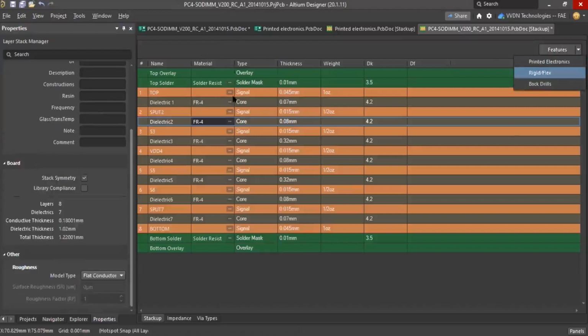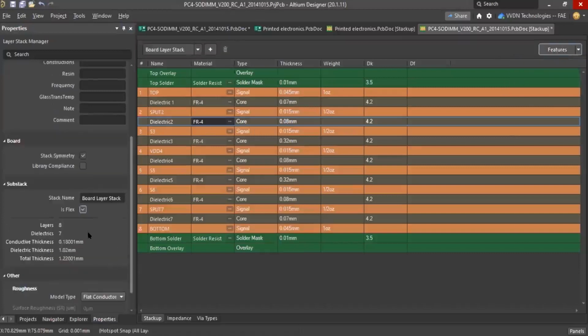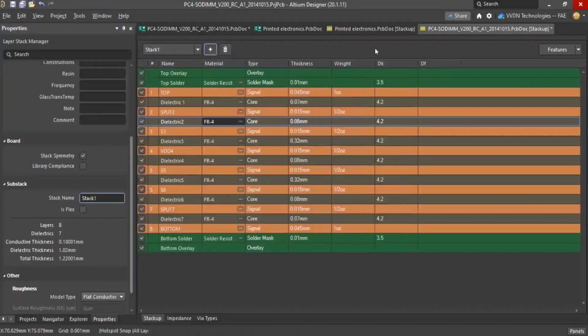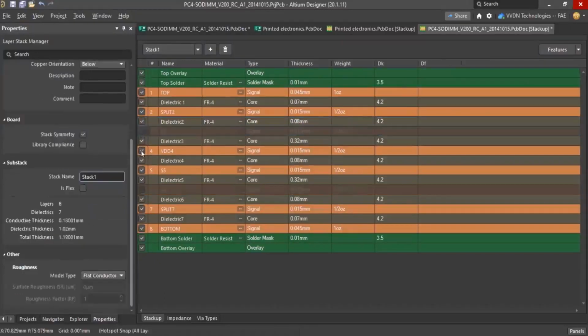I have enabled this, right? So you have the option to define a different name for the new layer stack, and you can define that as flex one. Yeah, so now it is coming, right? So if the layer stack symmetry is enabled, then if I uncheck any inner layer here, automatically this side also removes the layers. Okay, to maintain the symmetry.